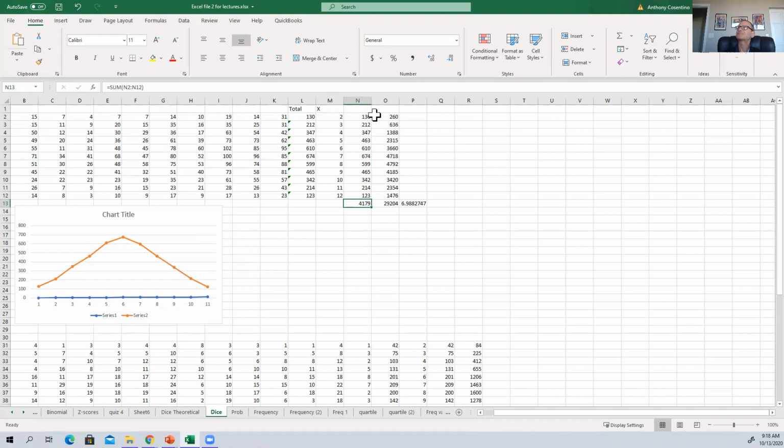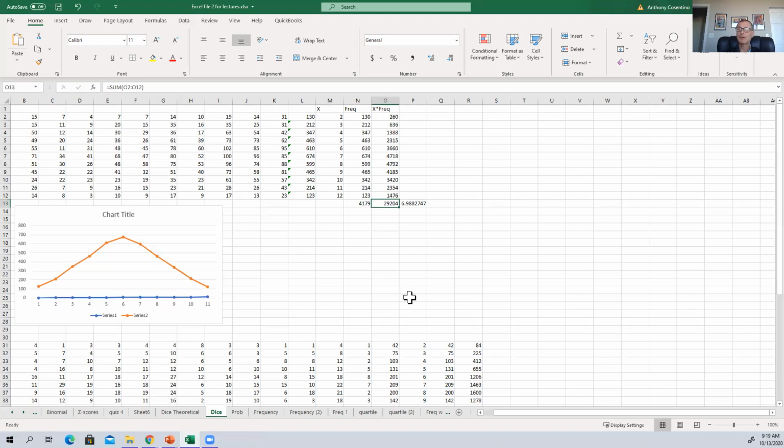And then here I can put total as well. And then I wanted to calculate the mean. So basically I multiplied 2 times 130 and got 260, et cetera, all the way down this column. So this would be X times the frequency. And then you add these all up. And so the total would be